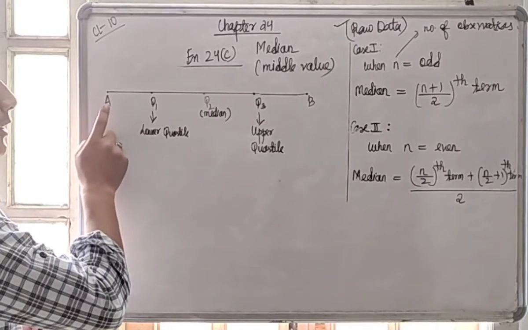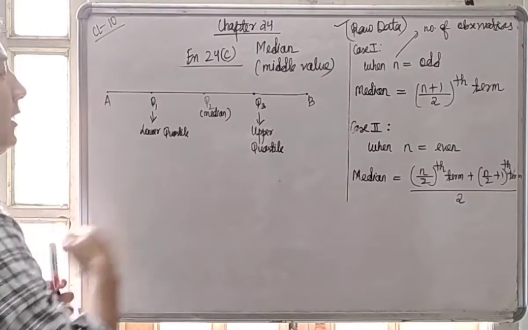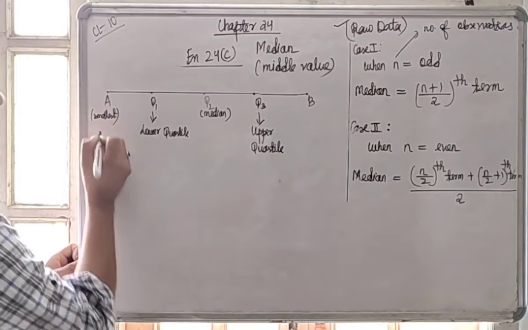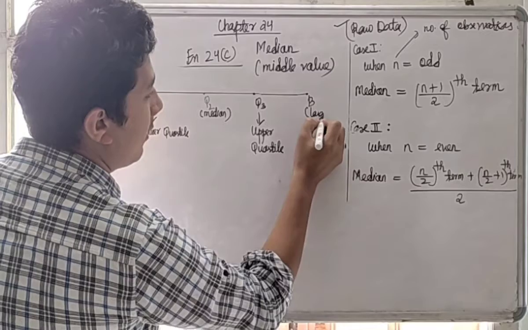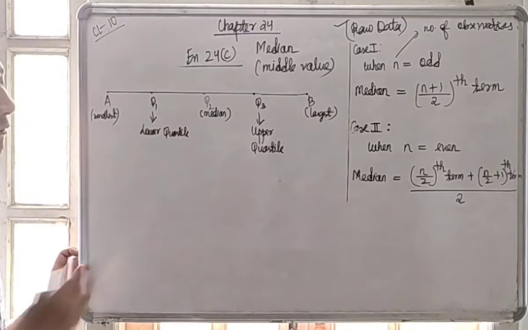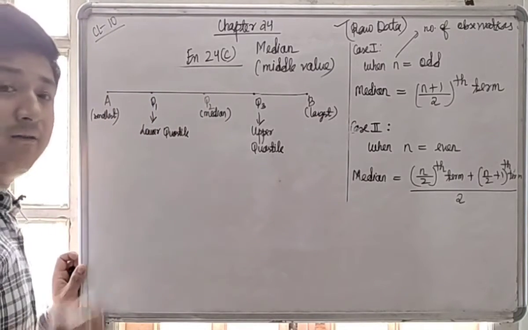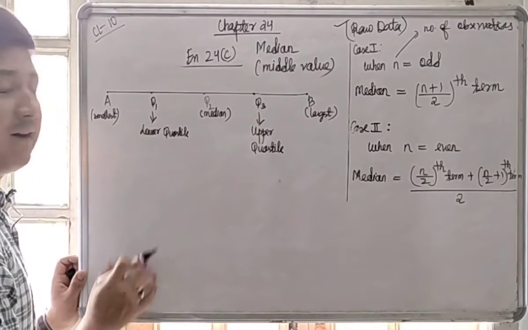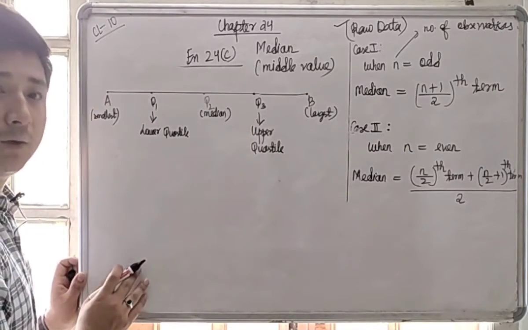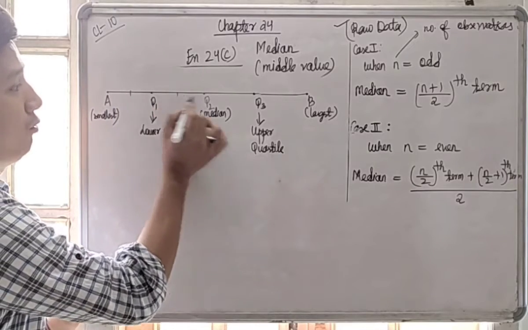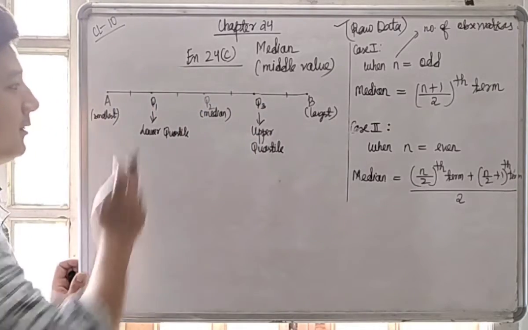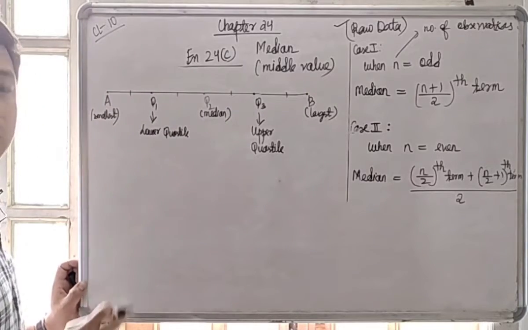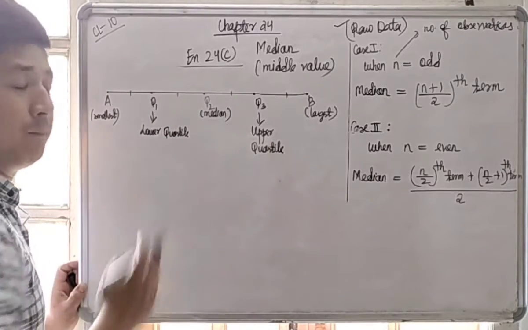So you keep in ascending order from A to B. A is the smallest value and B is the largest value. After keeping it in ascending order, we know what is the median. The median is the middle value. And if we have furthermore Q1 and Q3, which divide this whole line segment into 4 equal parts, 1, 2, 3, and 4, then this Q1 and Q3 are called quartiles, and specifically they are called lower quartile and upper